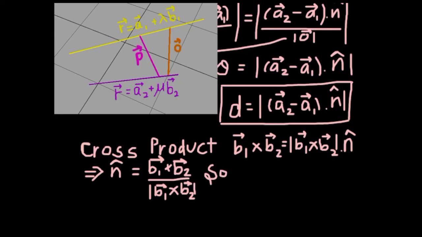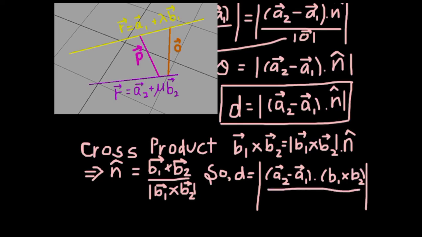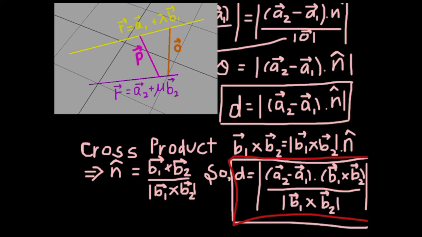According to the formula, b1 cross b2 equals the magnitude of b1 cross b2 times n cap, and n cap is equal to b1 vector cross b2 vector upon the magnitude of b1 vector cross b2 vector. Now we can say that d is equal to